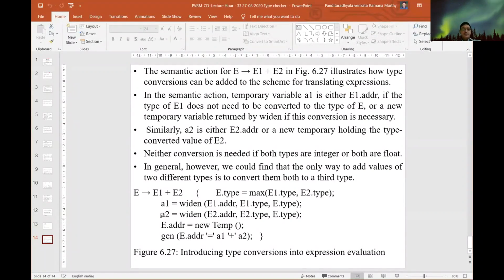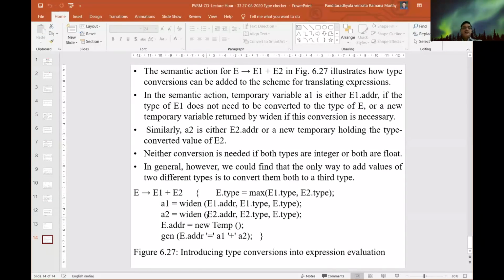We also have a small code for how type conversion is introduced into type expressions. E derives E1 plus E2. E dot type is the maximum of E1 type and E2 type. Otherwise, we widen the E1 address, or sometimes we need to widen E2.